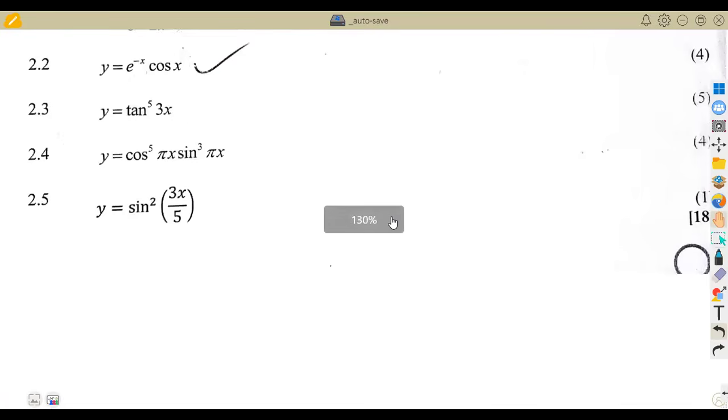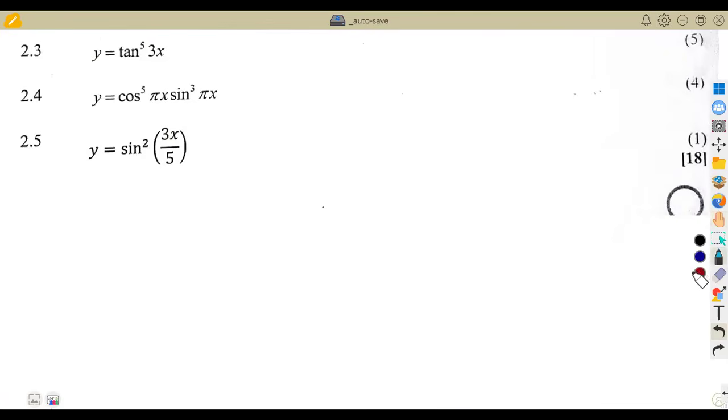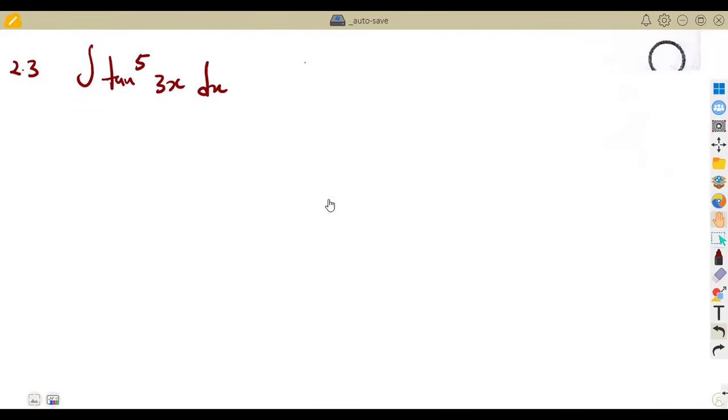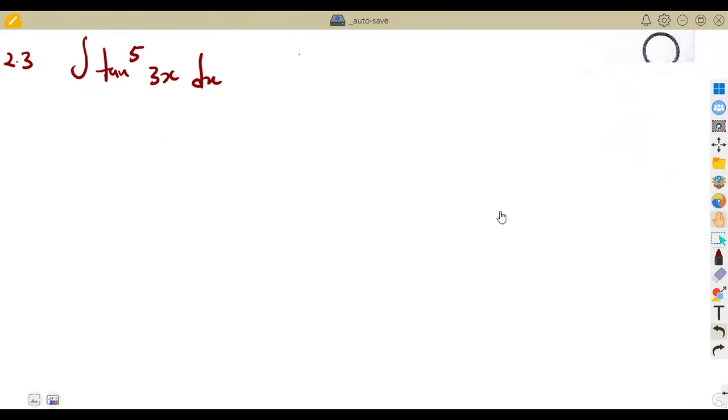This tan, remember tan, you have to expand until the last stage of your integral. That's how you deal with a tan. The way you expand a tan and a cos is different. So tan, you expand it up to the last stage. And also on your expansion, you must bear in mind that you are supposed to apply the